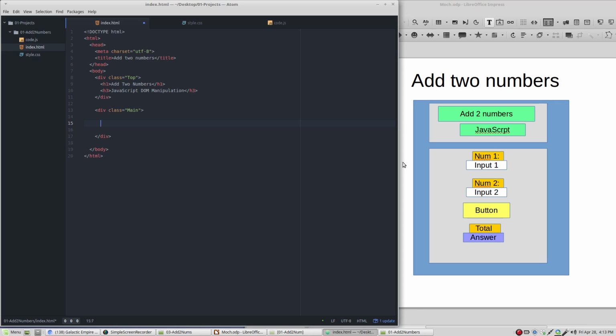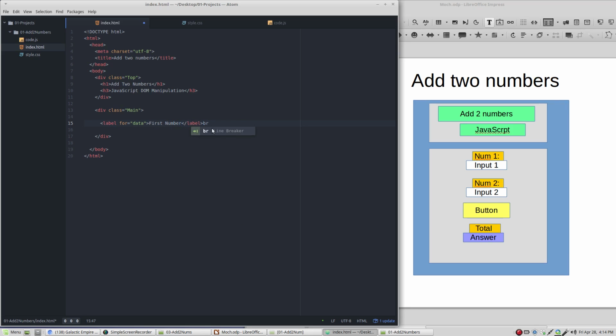And the first text that we're going to put right there is going to be a label. And in this label, let's say input or data. It doesn't really matter what we put right there. We just need to put something. And right here, between these two elements is where we're going to put the text that we're going to display in the label. And in this case, I want to display first number. Okay. After this label, I'm going to